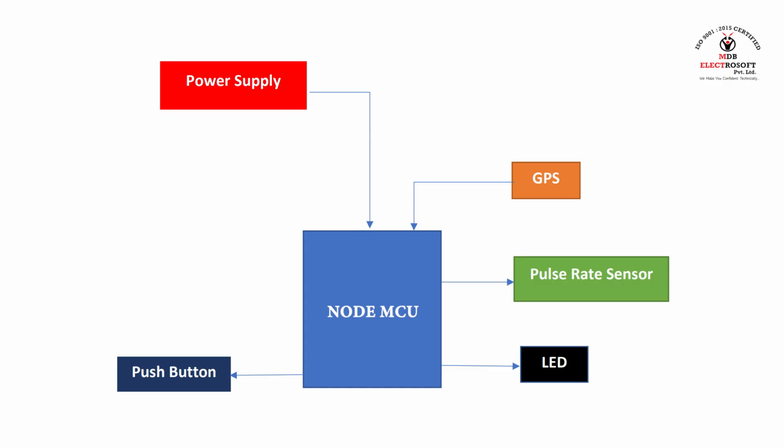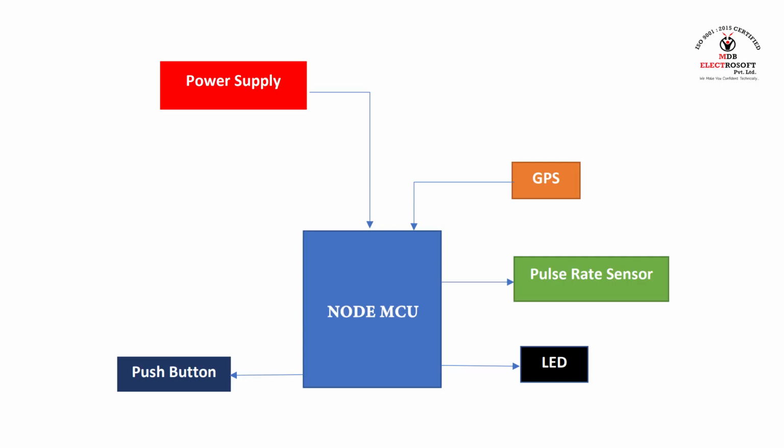As can be seen in the block diagram, we are using NodeMCU. In this case, we can use ESP8266 or ESP32S. We can use any one of them based on our requirements. Then we can see a GPS module connected to the NodeMCU. GPS modules work on RX and TX serial communication. GPS stands for Global Positioning System. With the help of this module we will be able to track the location.